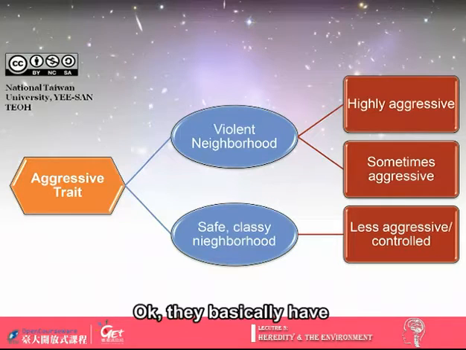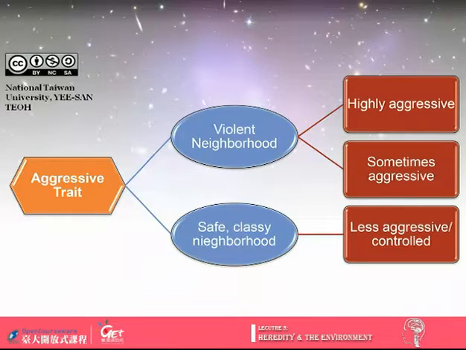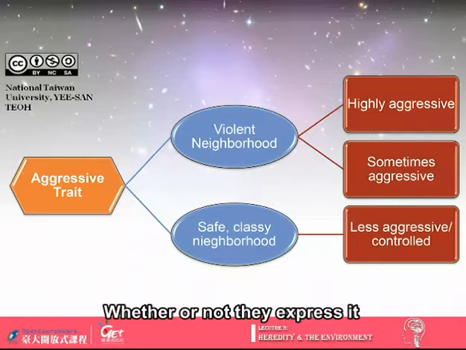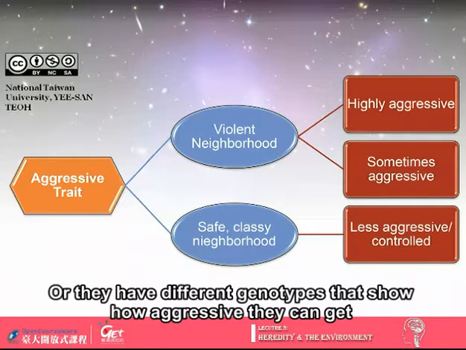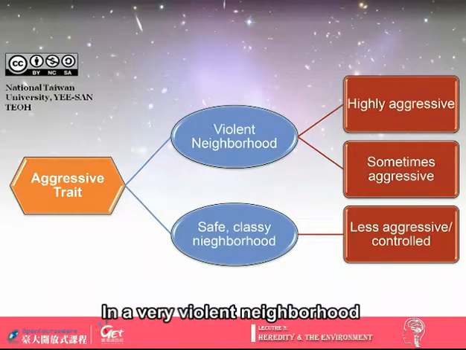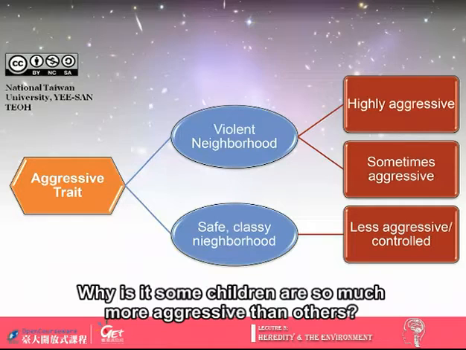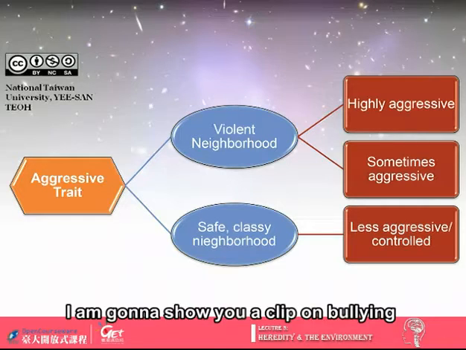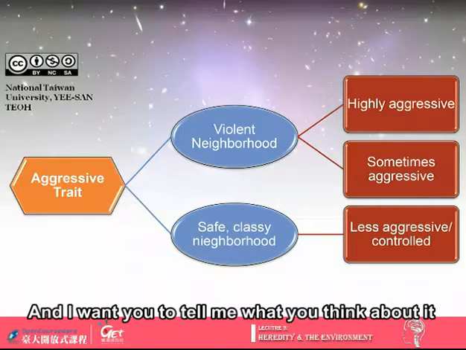Okay, they might have the same genotype, but the environment changes whether or not they express it. Or they have different genotypes that show how aggressive they can get in a very violent neighborhood. Why is it some children are so much more aggressive than others? When I show you aggression later on, I'm going to show you a clip on bullying, and I want you to tell me what you think about it.